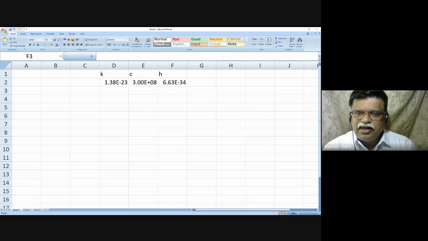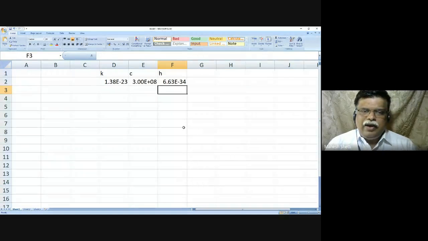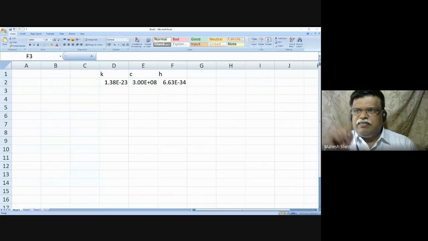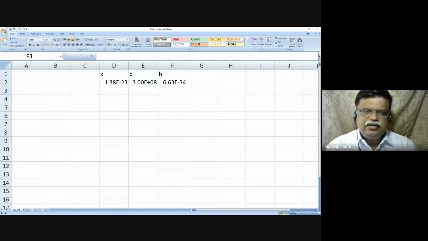But if I mix the units, naturally that x is going to be different, and then the range at which you are going to see objects, the peak and everything will shift accordingly. So you will get the correct answer under such conditions only if you are using all correct units. At places we had given you, take mass of, consider the carbon dioxide molecule, or consider nitrogen molecule, or